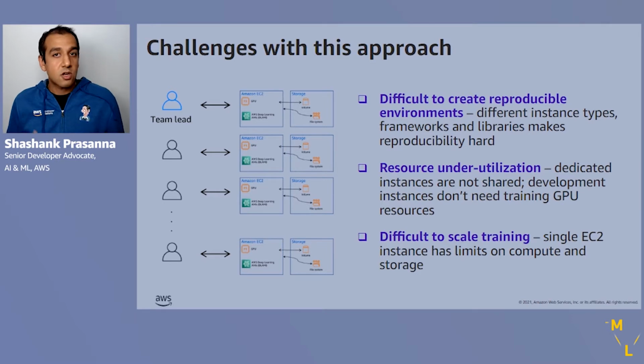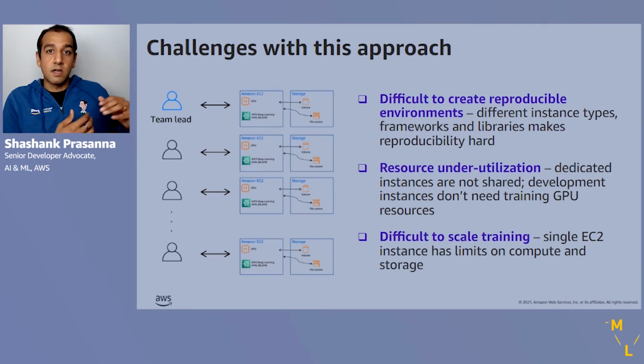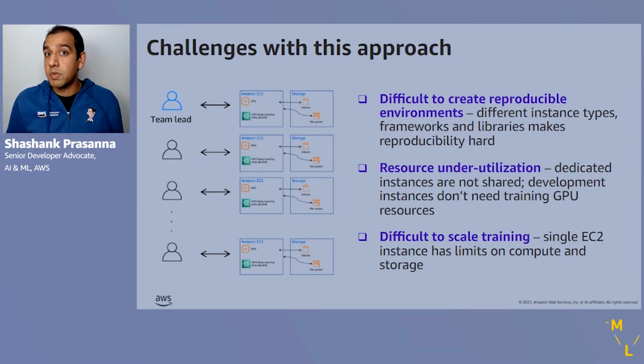Okay, in this demo, we saw how you could access your EC2 instance on a Jupyter Notebook server and train your models and prototype. There are some challenges with this approach. Mainly three challenges I'll mention. First, it can be difficult to reproduce this environment. Let's say you built your custom environment on EC2 and you want to be able to share some of your training code with a colleague in order to be able to reproduce a problem or reproduce some results. Now, this can be challenging if you've really customized your environment. You've installed custom libraries, and if your destination instance or computer where your colleague is going to run it doesn't have the same set of software, then they may not be able to reproduce.